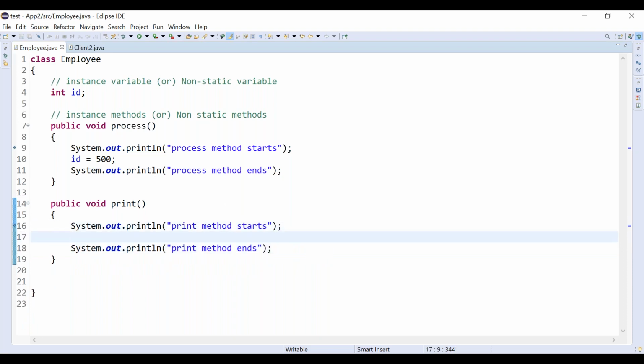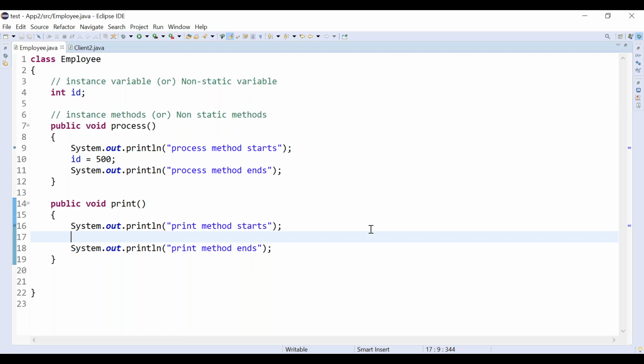So now let's go with today's session. Consider our employee class has only one instance variable, correct? Either it is an instance variable or a non-static variable, both are the same. I can say instance members or non-static members, correct?